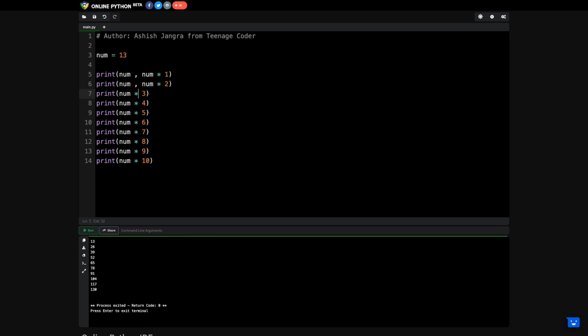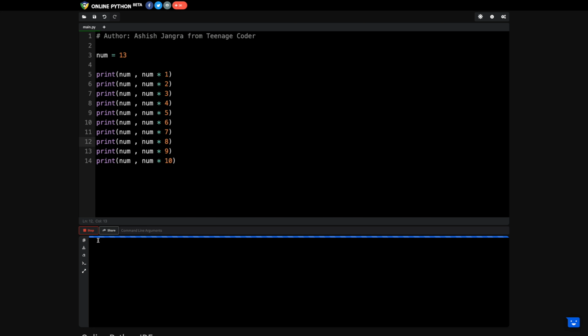Just wait and watch, because this is going to be the exact table that we write in our schools when we are kids. Now if I'm executing it, here you can see 13 comma, here I also need to write multiply by 1 is equals to 13, 13 twos are 26, 13 3s are 39, 13 4s are 52,